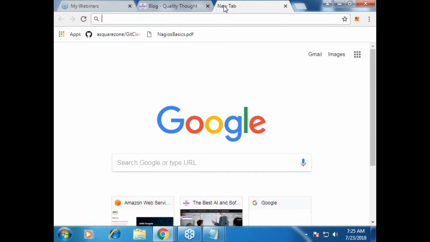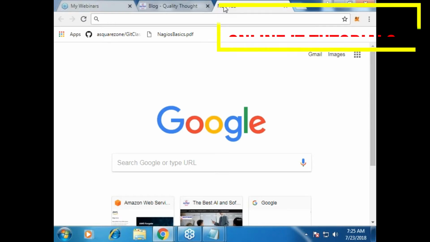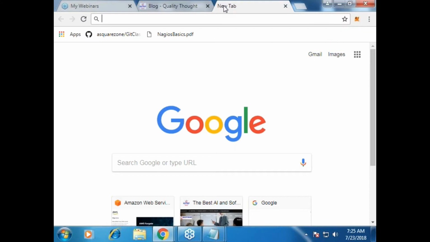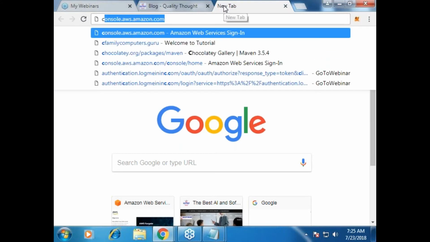So how to create an account: you might have got it in your welcome mail. If not, please go to qualitythought.in/blog, and there is a link on how to create an AWS free tier account. Follow that, right?